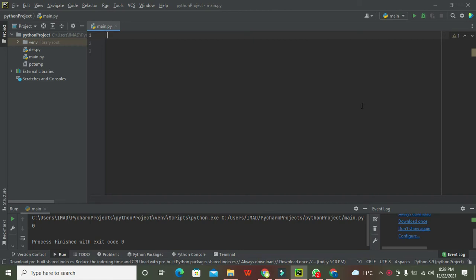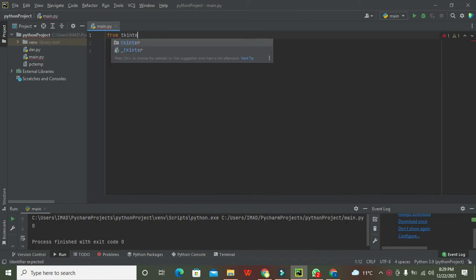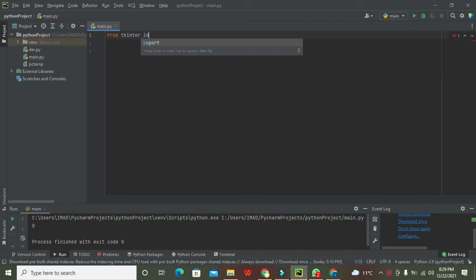In this video tutorial we will learn how to make and use a slider within Python. The IDE we are using is the PyCharm IDE. First of all we need to import one library that is called tkinter. From tkinter import